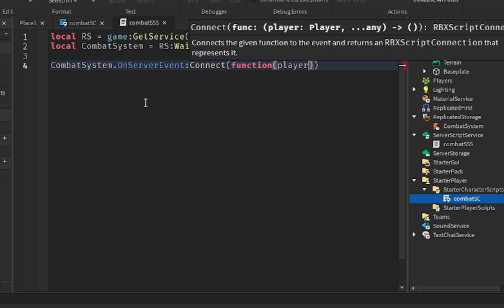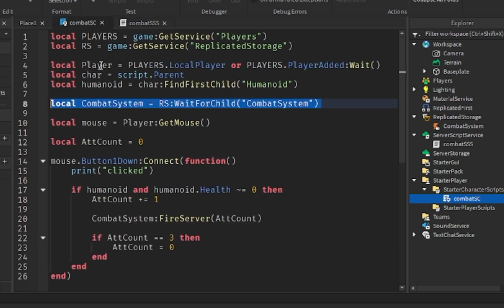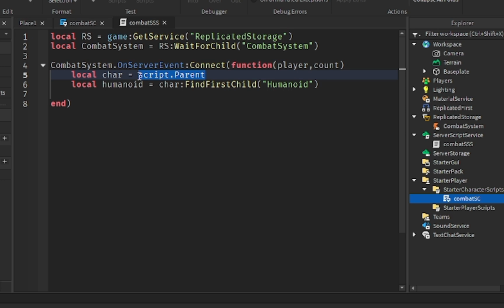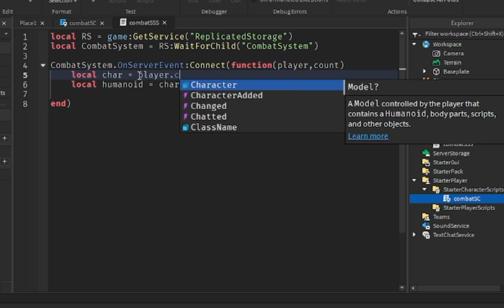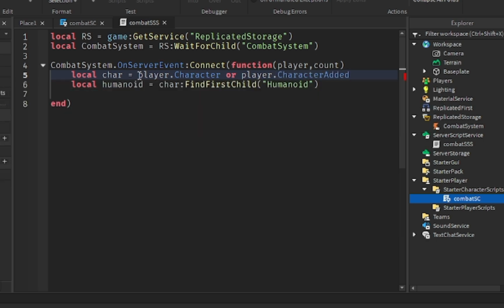connect function. So we have two parameters, the player and the attack count. So the count, I name it count. We need to make a variable for character and humanoid inside of this. So we're going to change that player, that character, or player, that character added weight. So now we have an access for this. So we can use if humanoid and humanoid.health is not equals to 0,